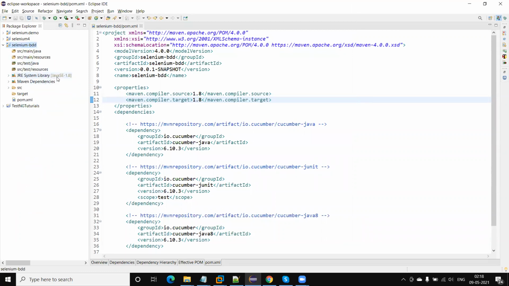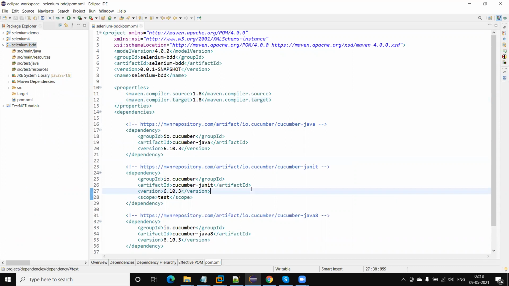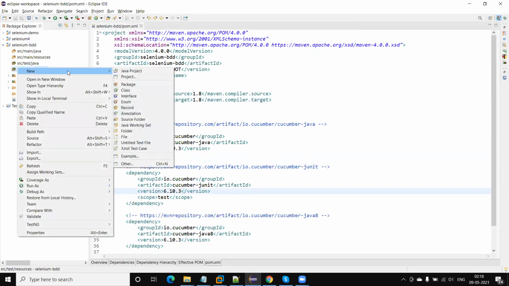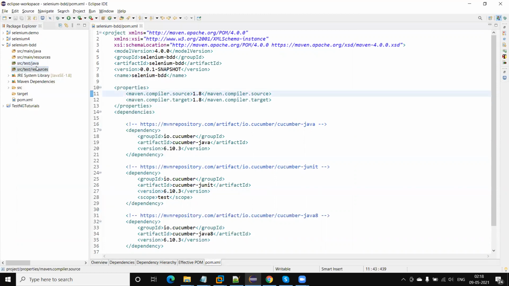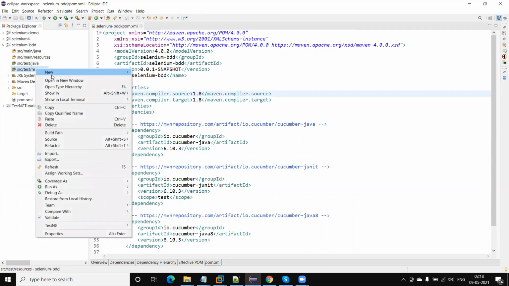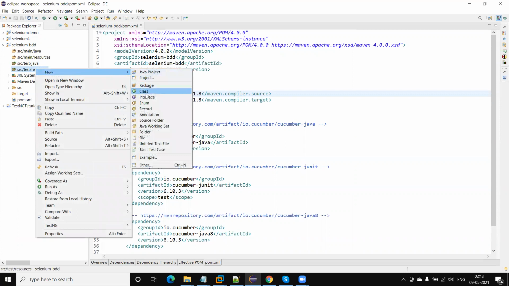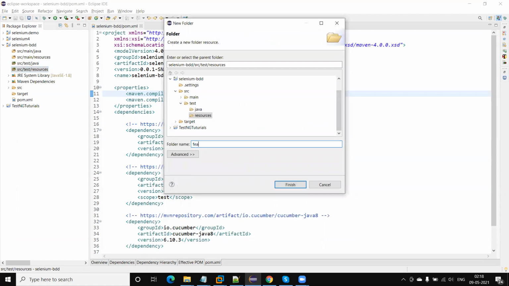You can see here now Java 1.8 is converted. Okay, so now we need to add the feature file. Basically, a feature file we will add under the src/test/resources folder, because this is the part of the test. So I will add here one folder with a name, suppose that I'm going to create here features.